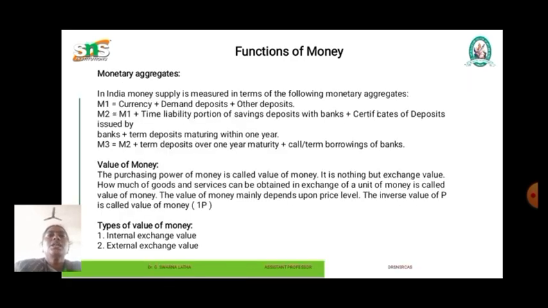The next one is monetary aggregates. In India, money supply is measured in terms of the following monetary aggregates. M1 is equal to currency plus